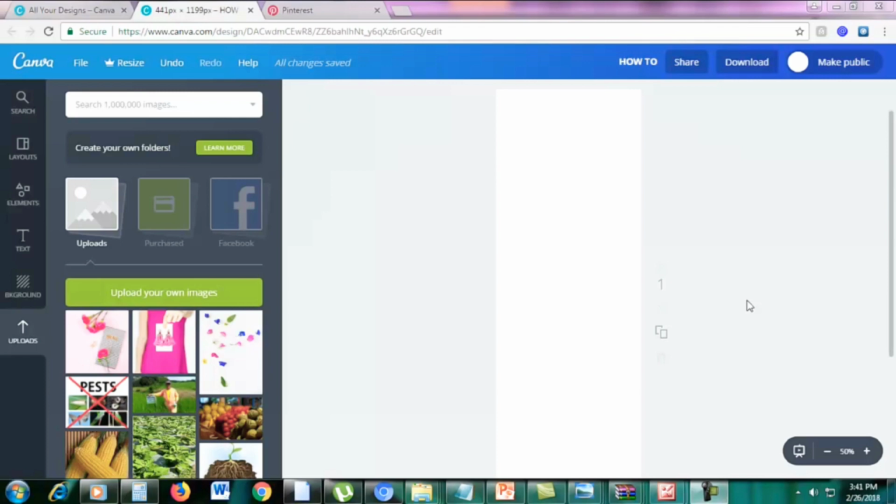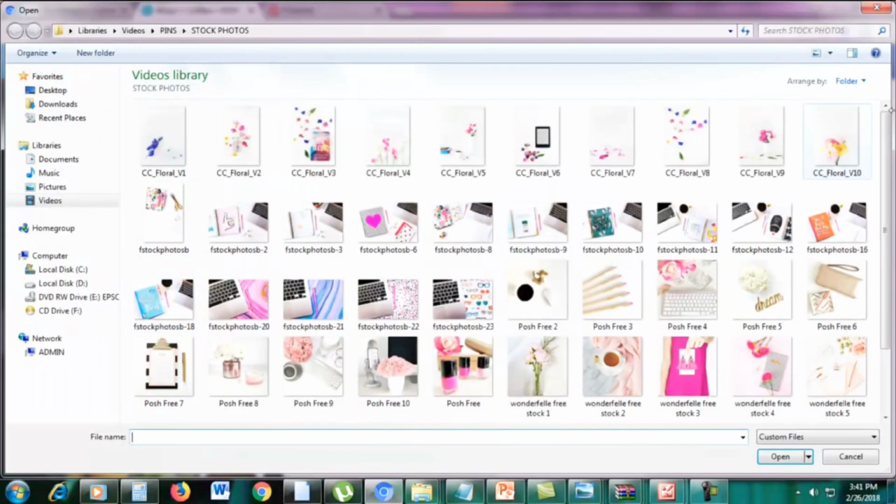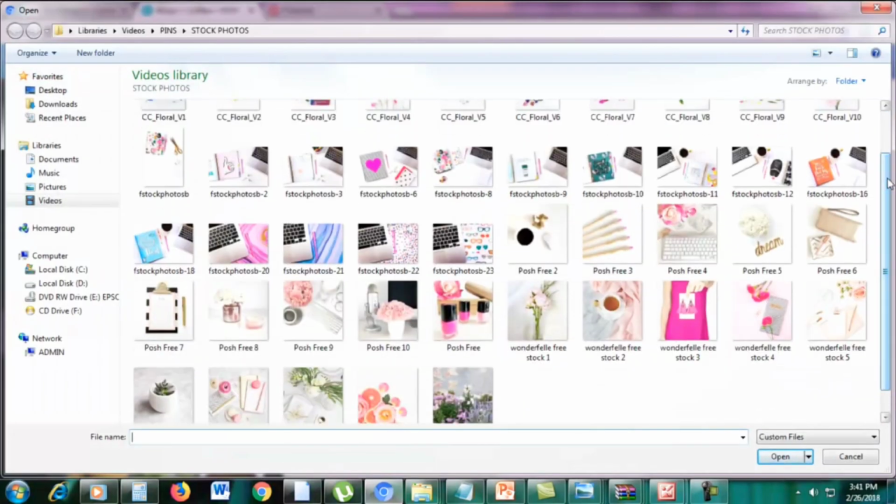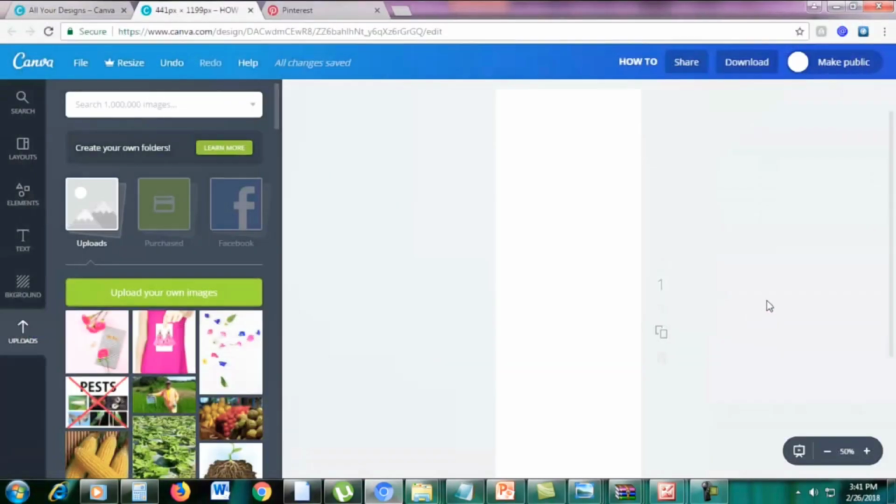Okay, so now let's create our Pinterest graphic. First, let's go to uploads. Here in the left section on the bottom, click uploads, and then click upload your own images. Remember the feminine styled stock photos? Let's just upload one of those. I'm just gonna upload this one by Wonderfell. Let me just upload that,